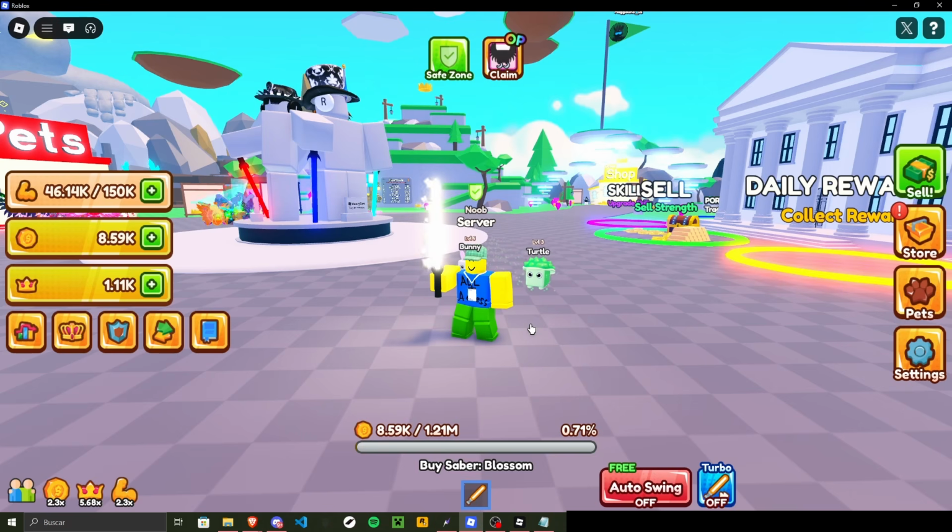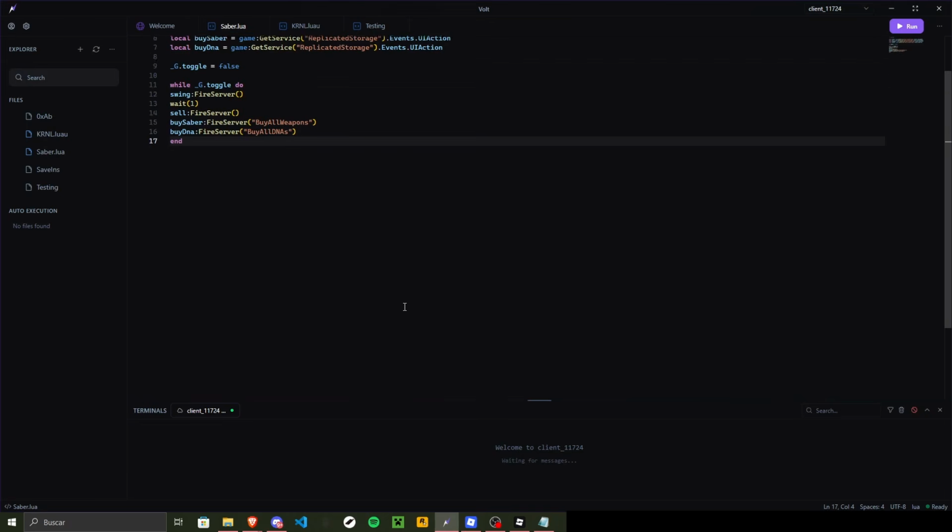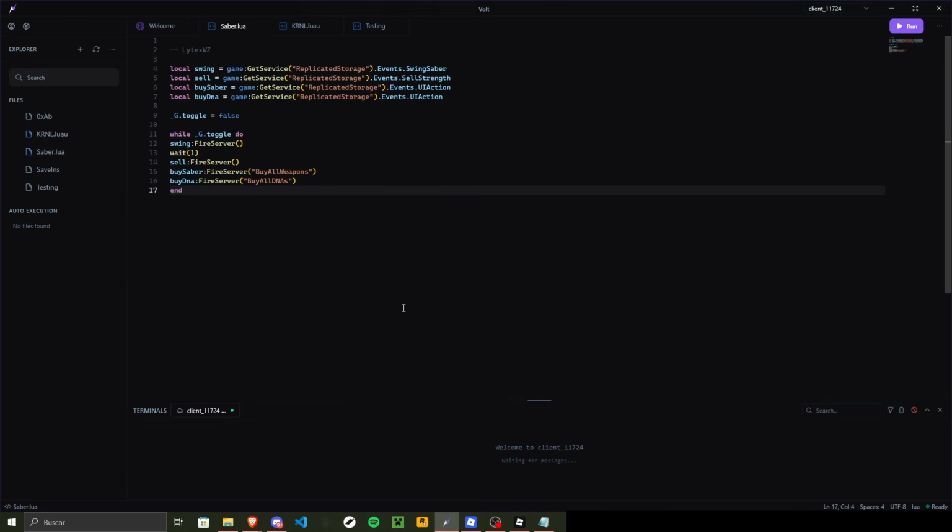In today's video we are going to be learning about functions, about tasks, and about how we can implement a GUI inside our script. For today's video we are going to be using a different executor because now we are not trash developers, we are going to be using Vault. It is paid, sadly, but it works very well and does not crash